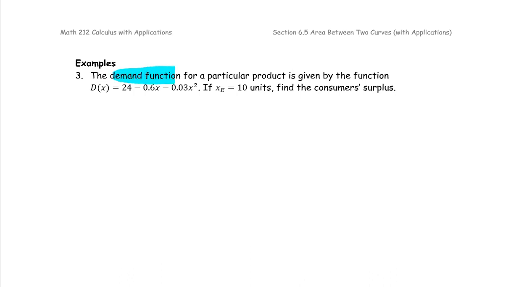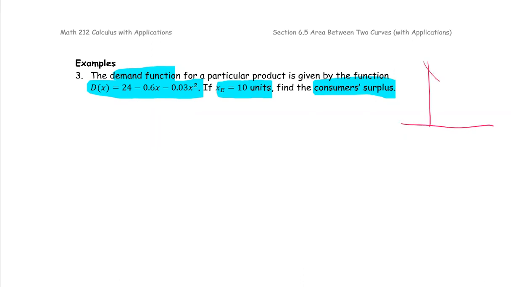The demand function for the particular product is given by D(x) = 24 minus 0.6x minus 0.03x squared, and the equilibrium point is 10 units. We're going to find the consumer surplus. For the graphical way,